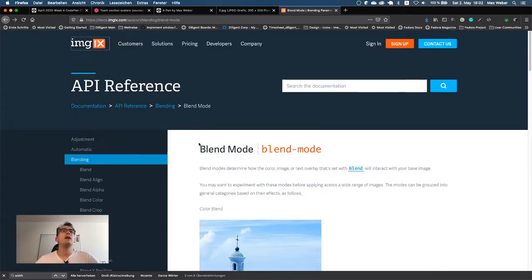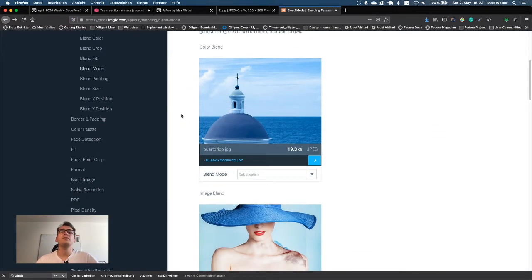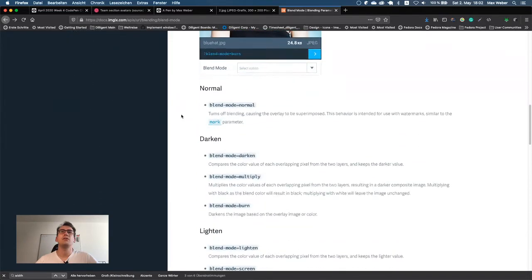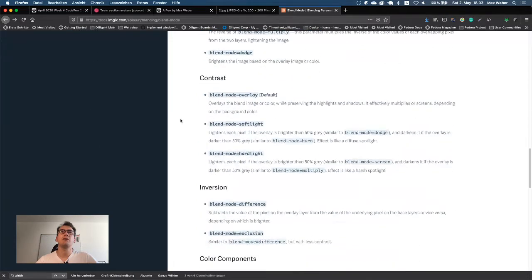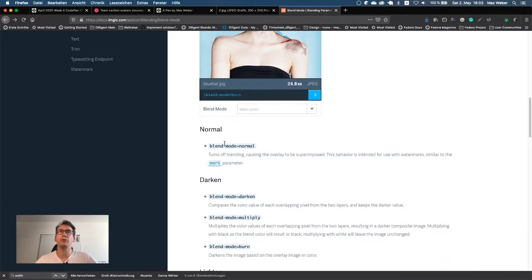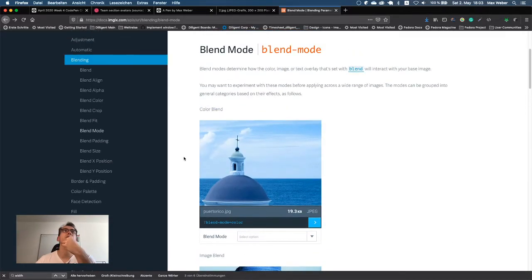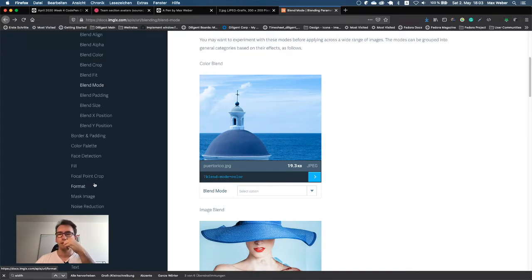Okay, I think we can do all of these also in Flutter, so I'm not sure which I prefer. I think that would be the CodePen preferred way because they want to make a bit of ads for ImageX, or not for CodePen, but for ImageX. Yeah, okay, so let's try it.